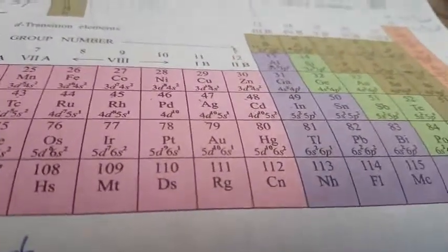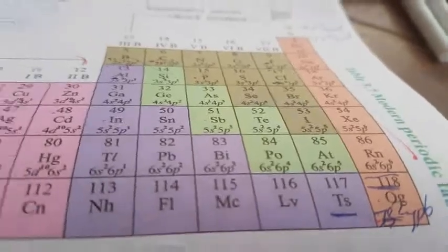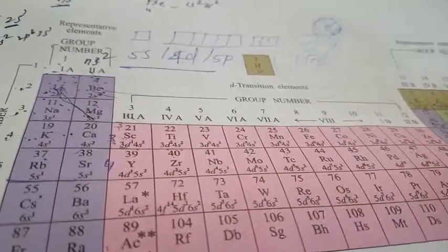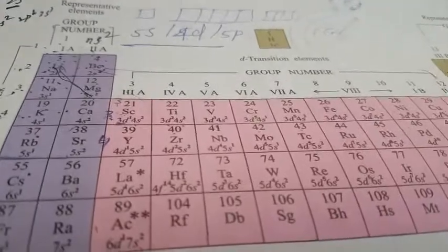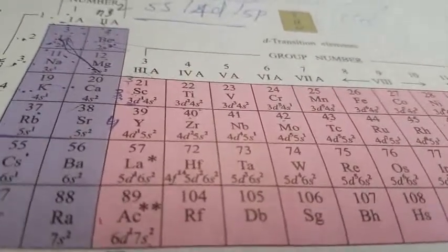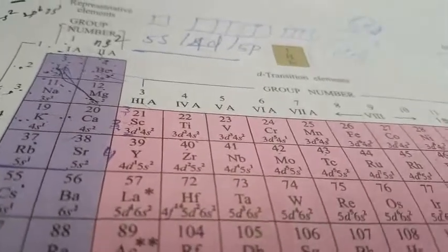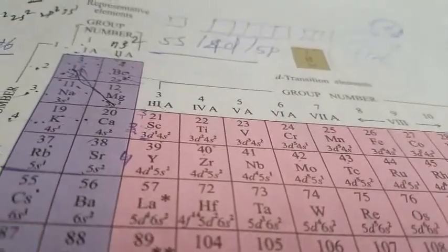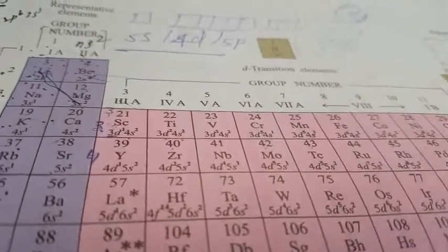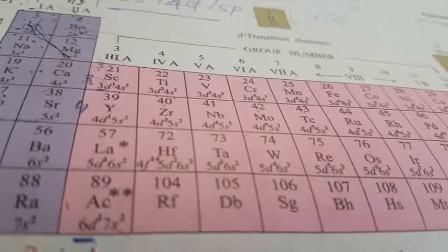In total, the periodic table has 118 elements. First, understand the periodic table. Everyone should learn the atomic number and atomic weight of the first 30 elements. That is very important, because based on this basic knowledge we can build up in the 12th standard. Memorize the atomic number and atomic weight of these 30 elements.